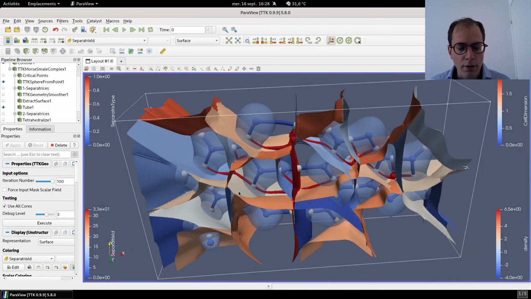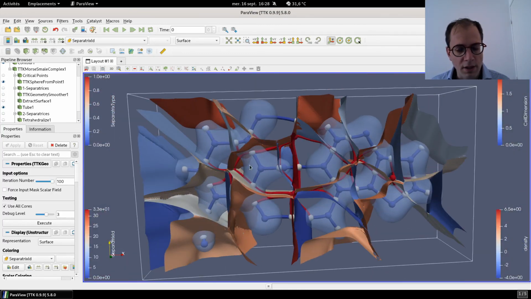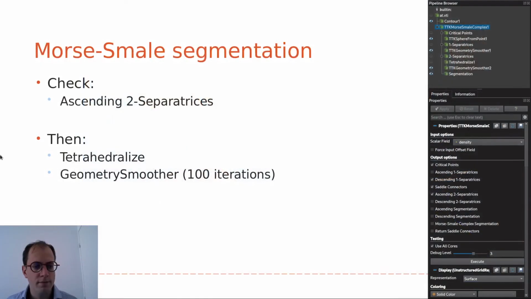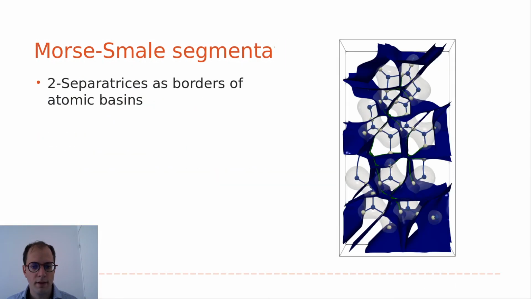And those surfaces also provide a segmentation of the input dataset. They can also be interpreted as the border of the area of influence of every atom in this molecule.